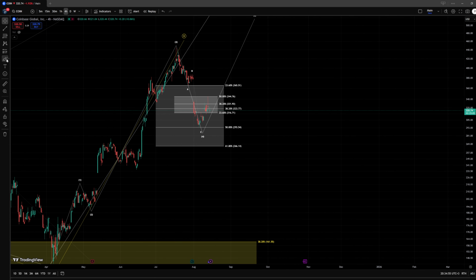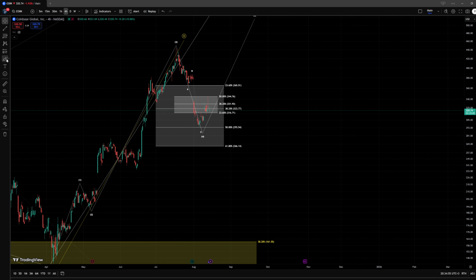And as I said, if the support zone fails, we are going to prefer the yellow scenario interpretation and look for more direct downside. But for now, we did push from the previous video when we were around $300, around that area. We did push to the top of the resistance zone, and I'm going to mark this in yellow now,